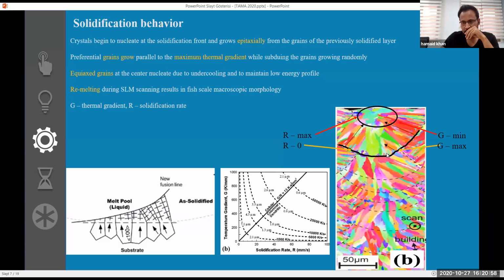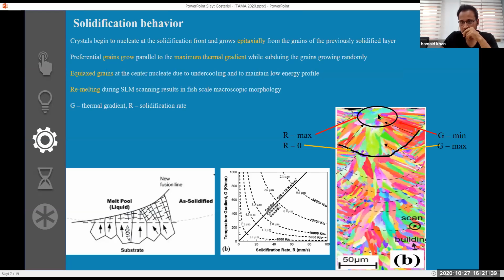So once it starts solidifying, when the molten pool starts solidifying, the grains will nucleate here epitaxially, meaning directly from the bottom grains, following their footsteps. They will orient randomly in different directions, but as we move forward, only those grains which are parallel to the maximum thermal gradient will grow up to the center. While the other grains, which are pointing in different directions, subside. But those grains which last longer are in the maximum thermal gradient direction, the maximum heat transfer direction,